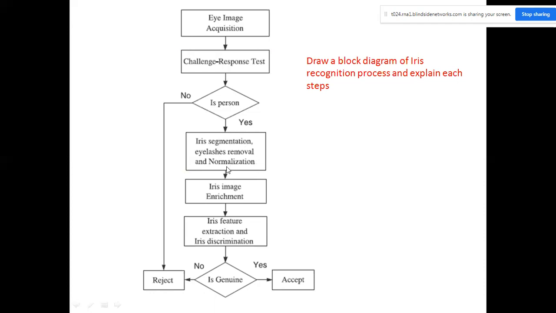So these processes will be carried out. After that, iris image enrichment, iris feature extraction and iris discrimination phase. This is also available. Is genuine, accept. No, reject. Okay. So these things are more important.